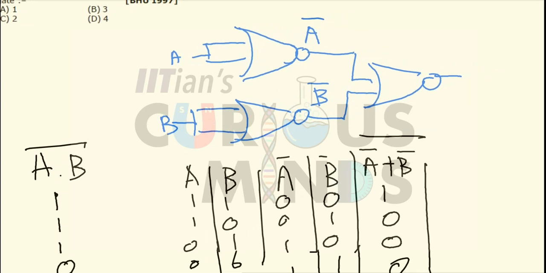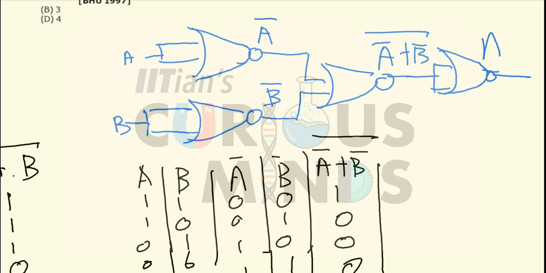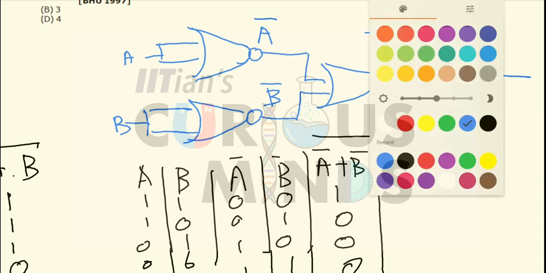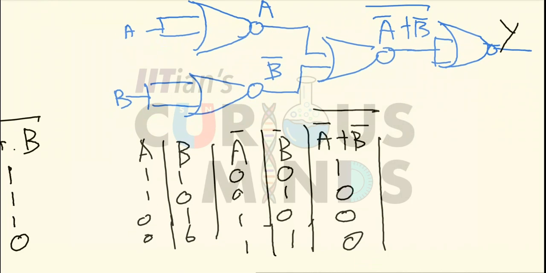And finally, whatever is this part, that is A complement plus B complement, the entire complement, I will again split it into two parts and pass it through a NOR gate again. So it will be equal to A complement B complement, the whole complement. What I will get over here is the reverse of this part. So if I write down the final output Y, it will be the complement of this part, so it will be equal to 0 1 1 1.